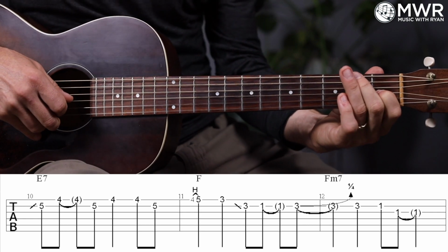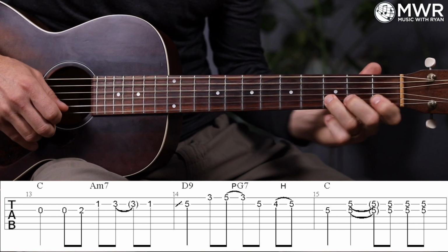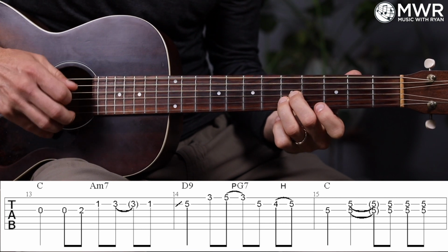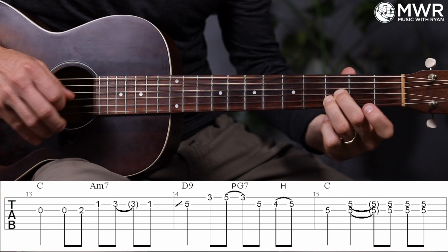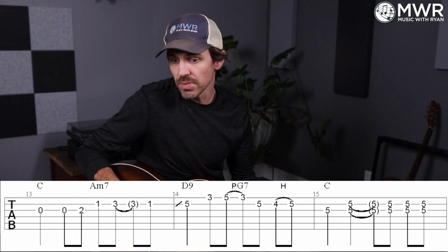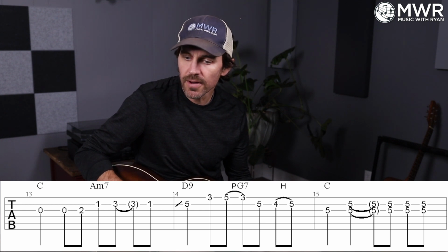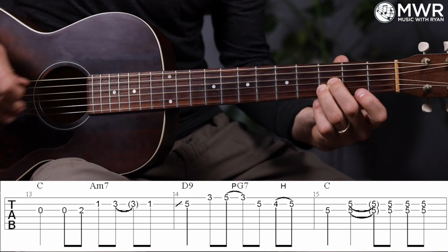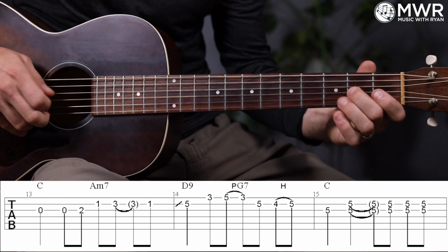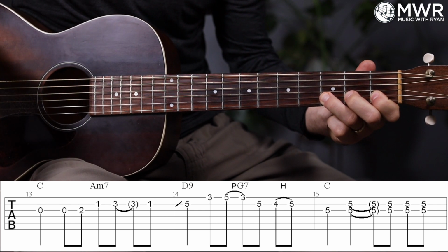Then let's carry on here. On to measure 16, probably not on the screen, but it takes us into the B part. As you can kind of hear, we kind of voice lead into the B part. Measure 13, open G, then open G again, 2, 1 on the B, 3, half the beat tie, back to